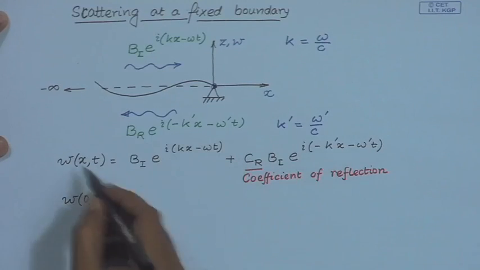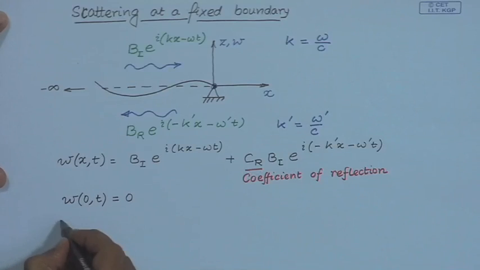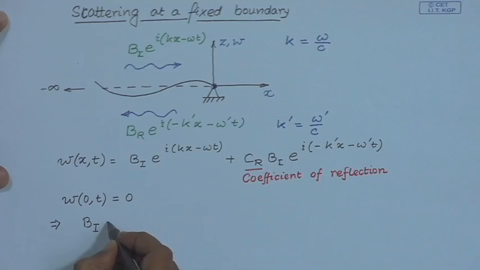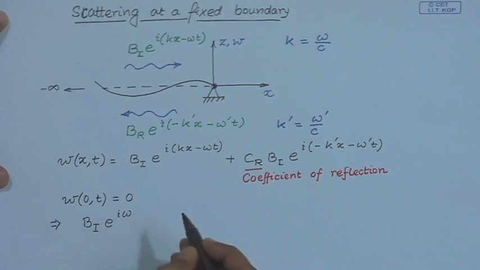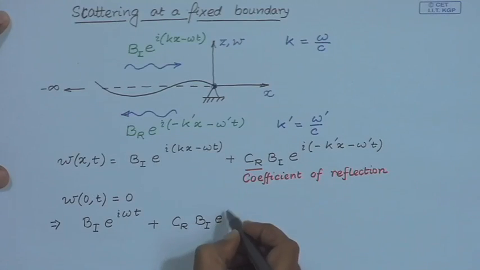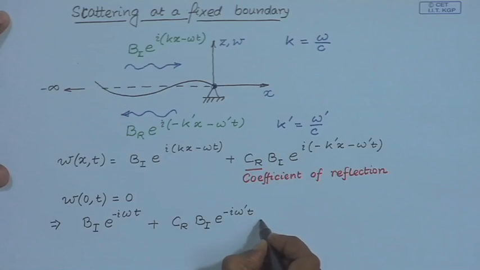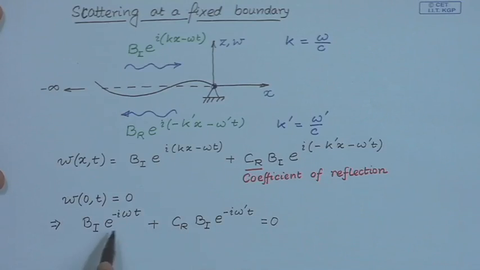So, when I substitute this total wave field in this boundary condition, this gives me this relation, which has to be satisfied for all time t, and that is possible if and only if